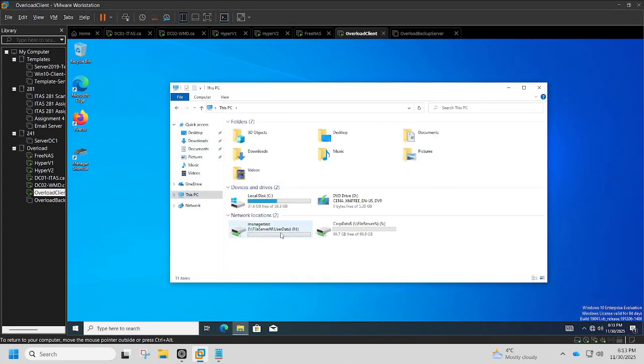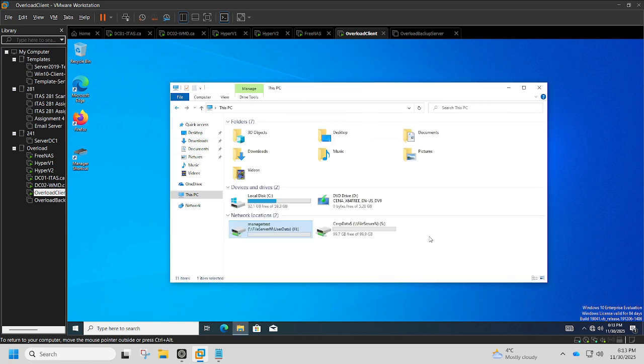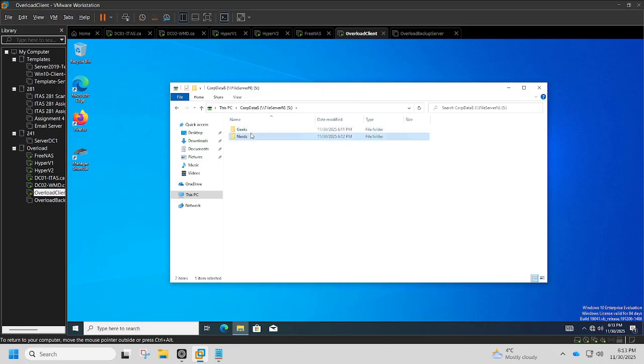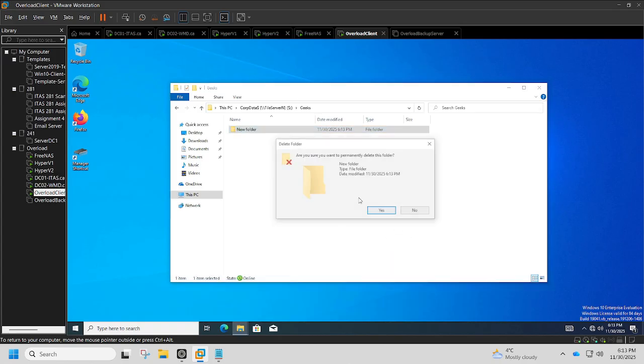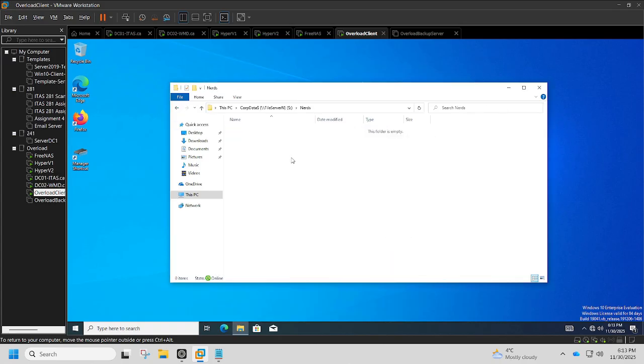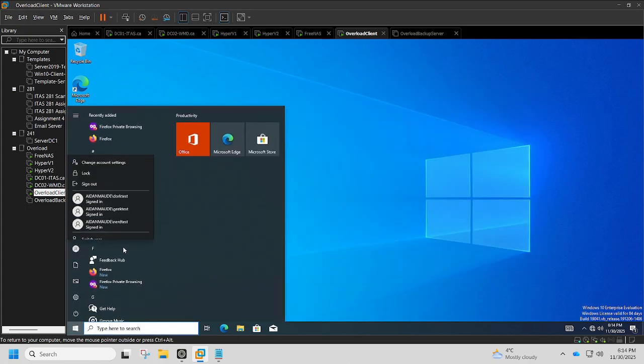But for manager, you can see manager test also has one of these. They can add and delete. And for corp data, they can see nerds and geeks, but not dorks. They can make things in both of these and delete things in both of these. This is in the corp data folder for both of those. If I switch over to CEO,